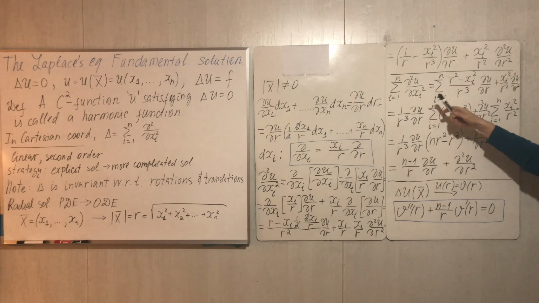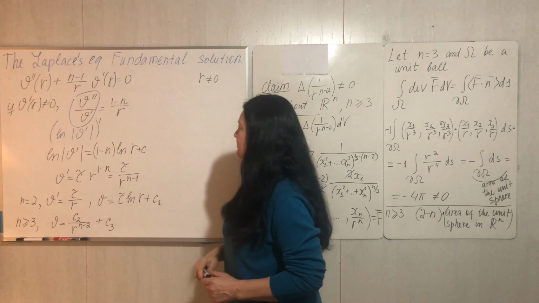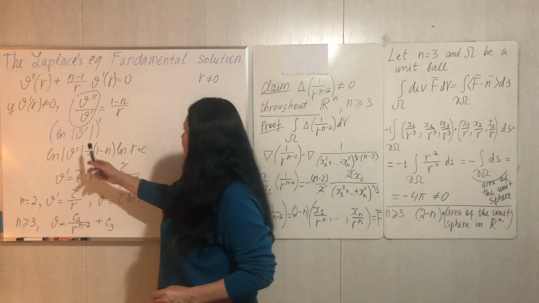Okay, so we've been looking for a radial solution. We got our ODE, which I have copied here, and if v prime is not 0, then we can divide it by v prime. We can notice that on the left hand side we have the derivative of the logarithm of the derivative of function v. We can derive it like this, and then we can integrate both parts